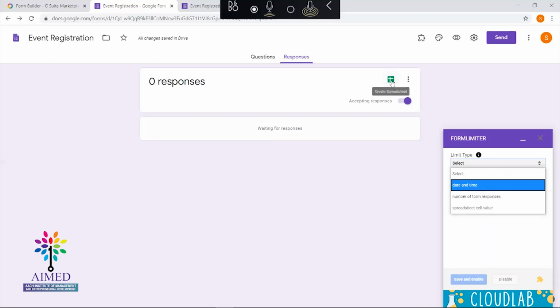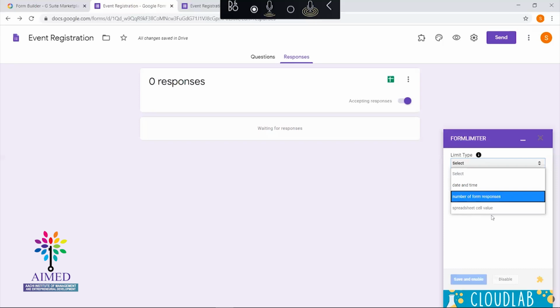See, if you are organizing an event where a family will be invited, you would not know how many members are there in the family. So you cannot calculate and you cannot limit, but that option can be handled using this particular option, the spreadsheet cell value.